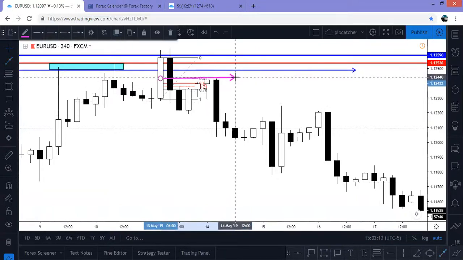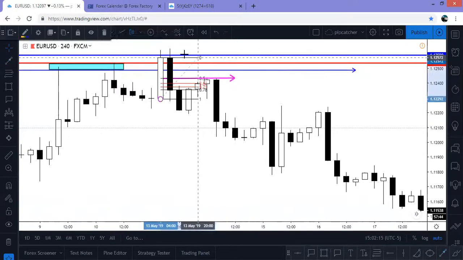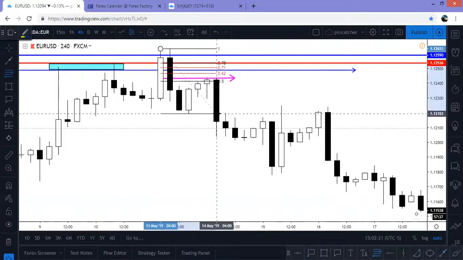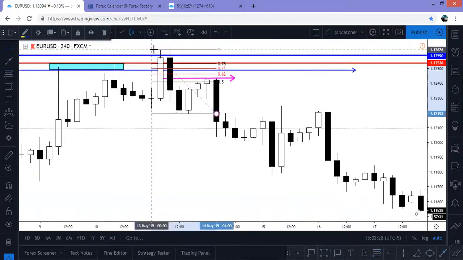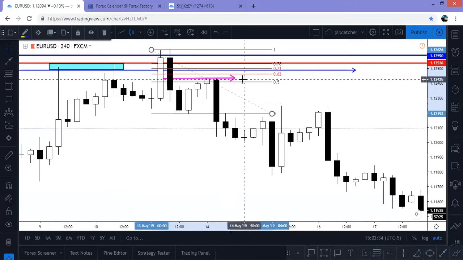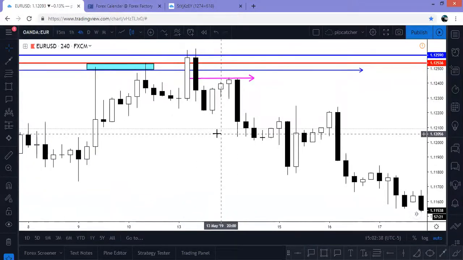It comes back up, and now if I take my fib again, like how you actually use fibs, you can see right here that we messed around under the 62 fib level. I don't use a 61 fib level, but you guys see that we messed around under the 62 fib level. Okay,